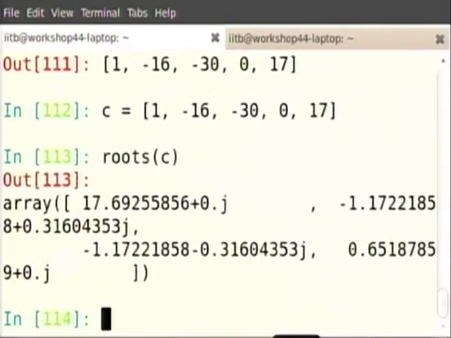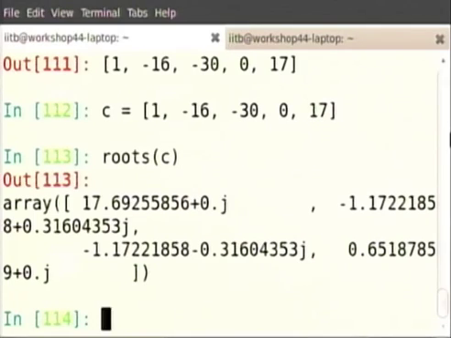You will notice that for the first time we got two complex roots and two real roots. You will notice the real roots are given with 0 as the multiplication for j. The moment one complex root is present, all are presented in the complex notation. So, the two real roots are somewhere around 0.7, 0.65 and somewhere around 17, which is to be expected,